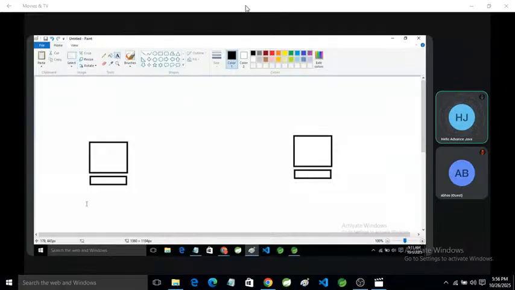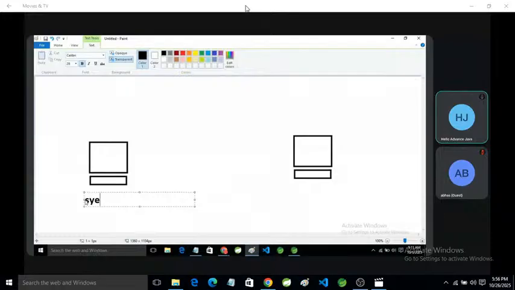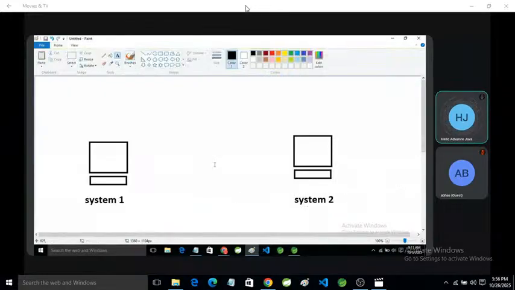Okay, this is system one, and this is system two. And we connected both systems with a network. We can use LAN, MAN, WAN, internet, anywhere. We can connect both systems with a network. So which system will we call a server, and which one will we call a client?